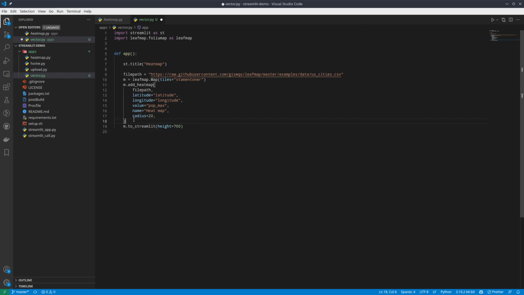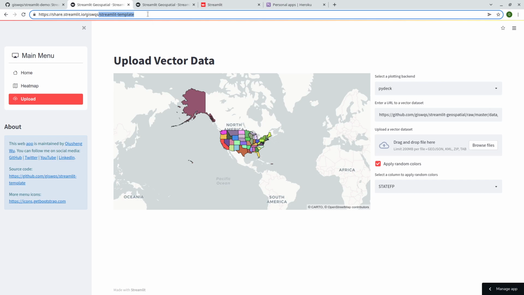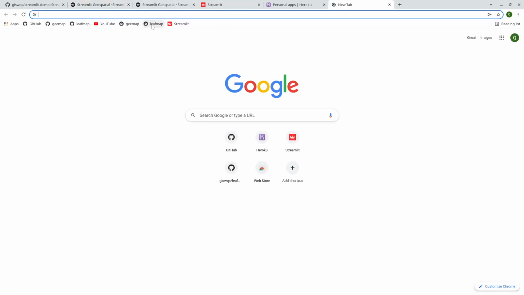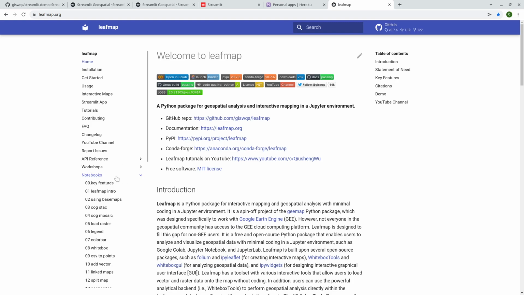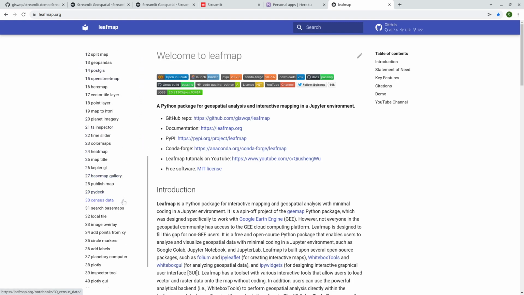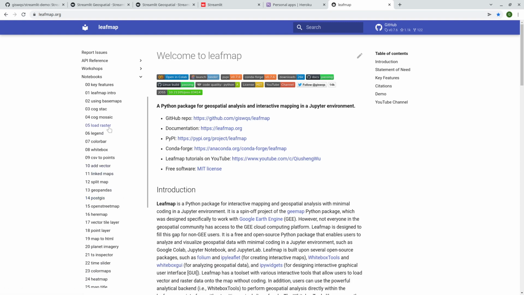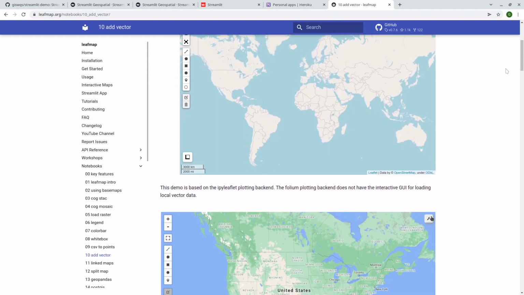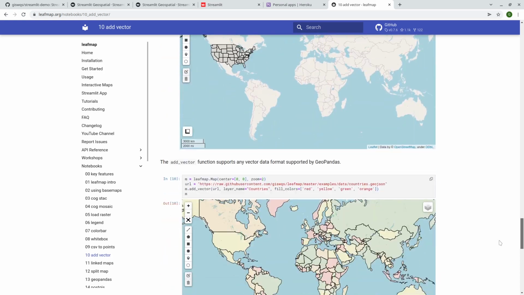So what we need to change here is whatever is within this portion, right? So we're going to display the title. We are also going to basically display the map in Streamlit. So what we need to change actually is this portion. So if you need to find some example, I can show you here. You can go to the leafmap website, leafmap.org, and then on the left side here, there are lots of examples. Although not everything is supported in Streamlit, you can simply, for example, I can try this one, number 10, add vector. So from here, you can scroll down, you can take a look at any examples that you like,